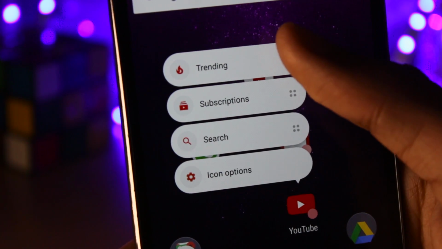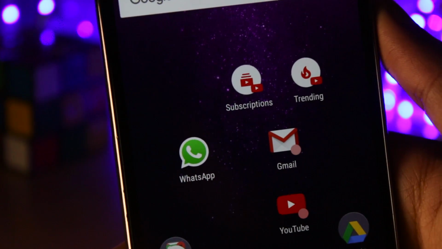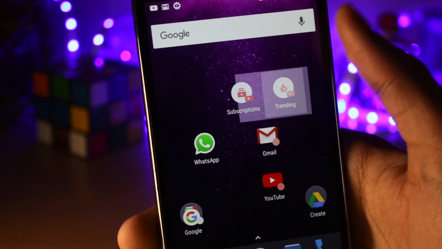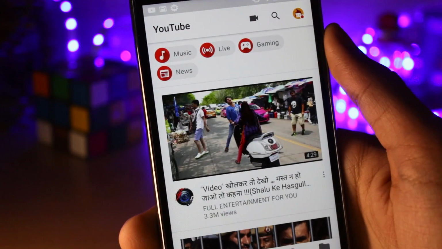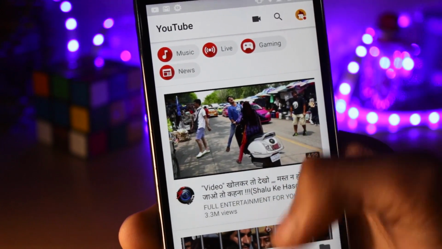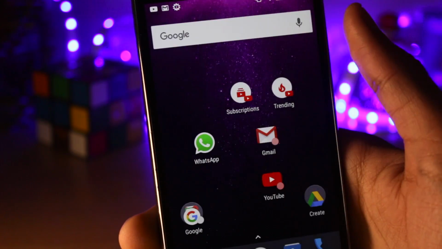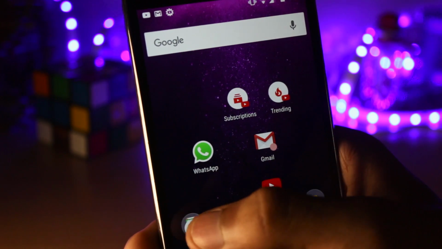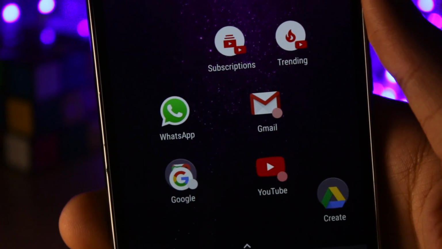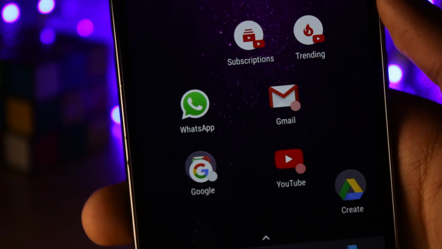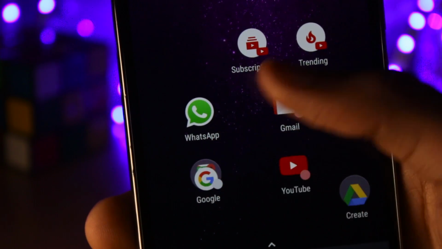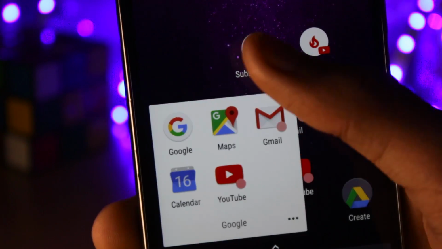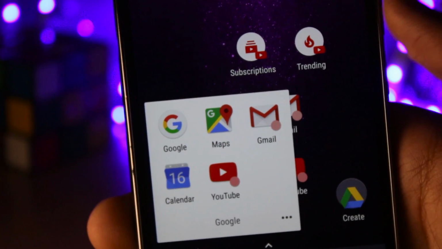I can also use these options and create a shortcut. This icon will open the YouTube trending page directly. It won't change the poor content of the trending page, but it would let you access some features with just one click. You can still customize Nova Launcher how you want it to, and all of the features work just fine. If some application has a notification inside a folder, it would show up the notification badge just like this. Inside this you can see 2 applications have a notification.